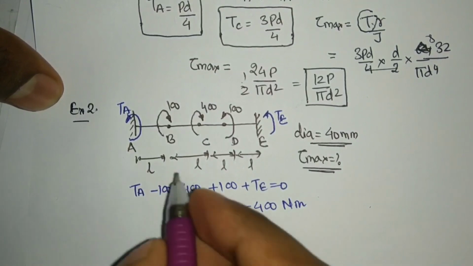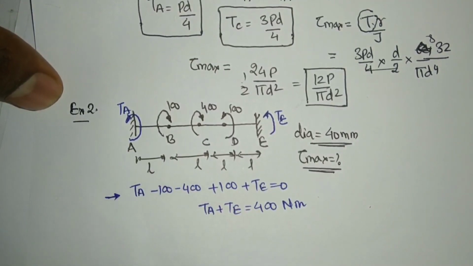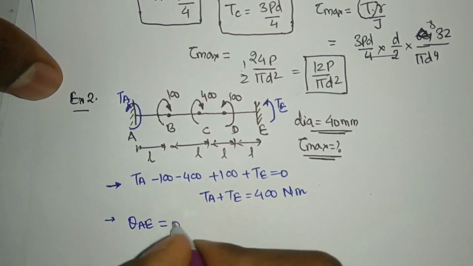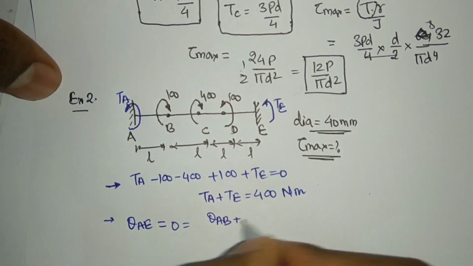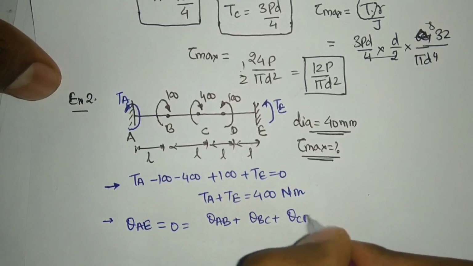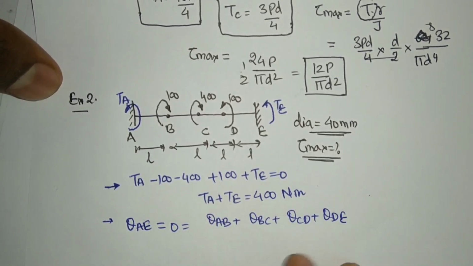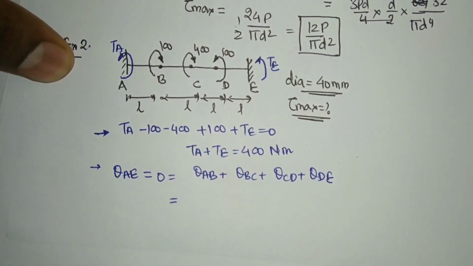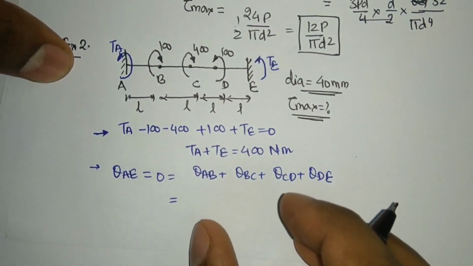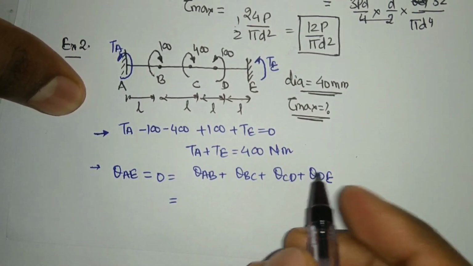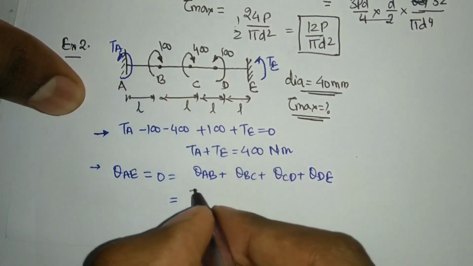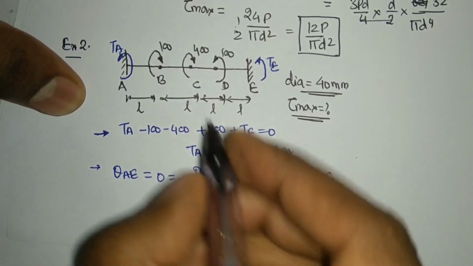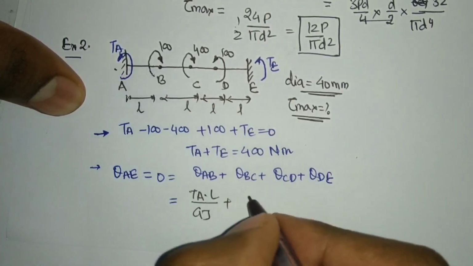Okay, what will be my second equation? I will write the compatibility equation. So the compatibility equation will give me theta from A to E is equal to 0, and that can be written as theta AB plus theta BC plus theta CD plus my theta DE. Okay, I can add all these values. So finally, when I put them into the formula, what I will get is theta AB, that is TA L divided by GJ. GJ is constant throughout the shaft. Okay, plus theta BC is TA minus 100